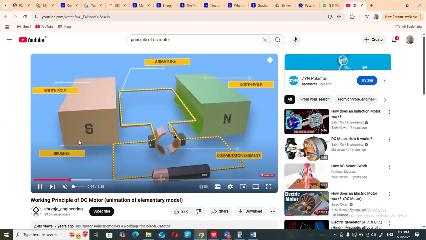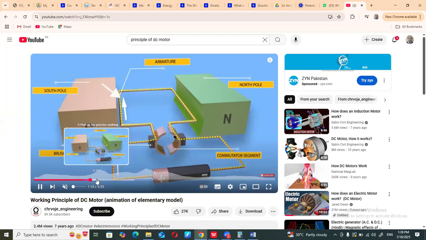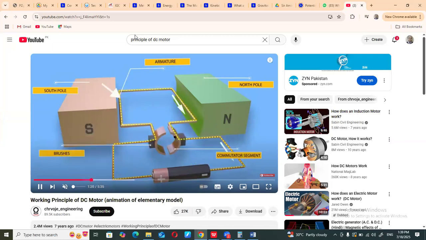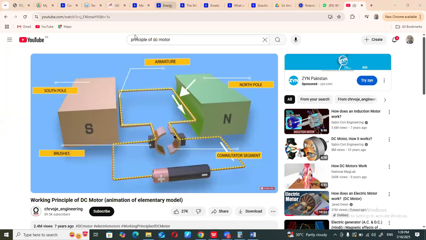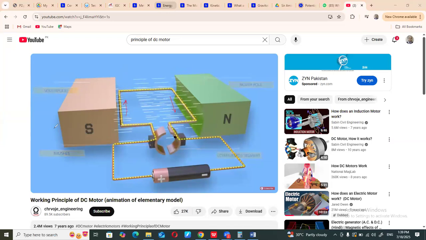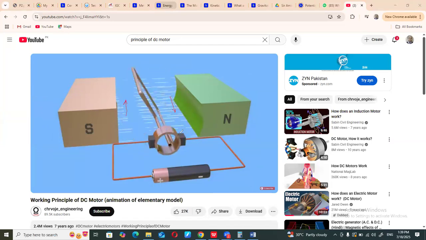Now, how does it work? When the current is passed, because we are considering the conventional current, as soon as the positive current goes from here and here, what will happen? Check it out. Now there are two directions of current. On the left-hand side, the current goes in this direction, and on the other side, the current goes in the downward direction. So it means there will be two forces produced, and that is how the armature will